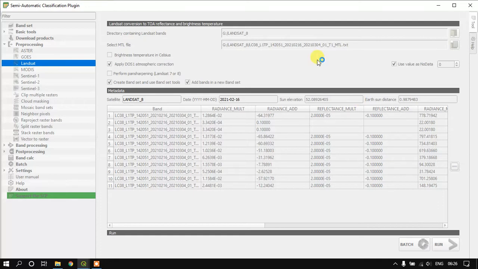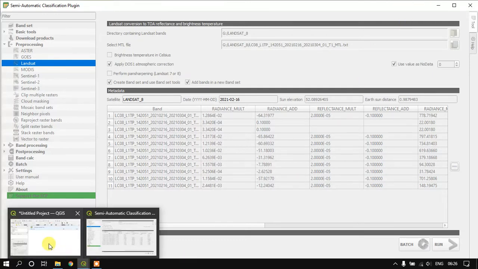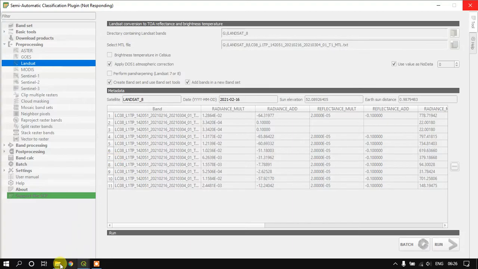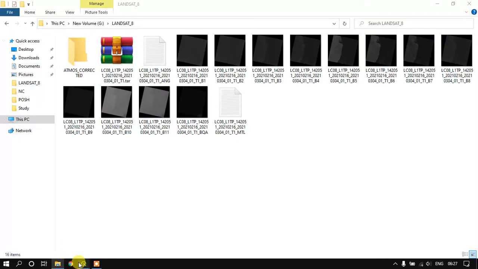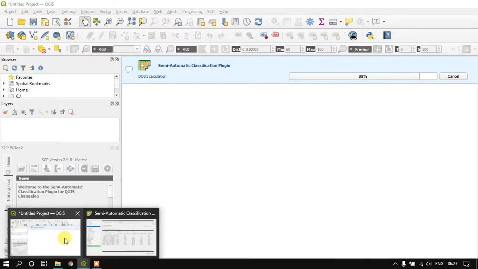You can see the tool is actively functioning here. You can see it's running. Just minimize it. You can see here the tool is calculating. It is almost 88% finished.